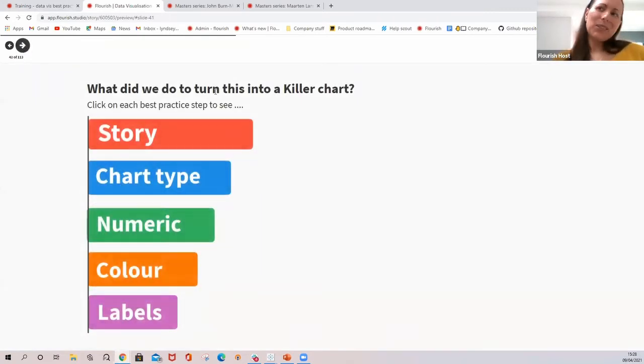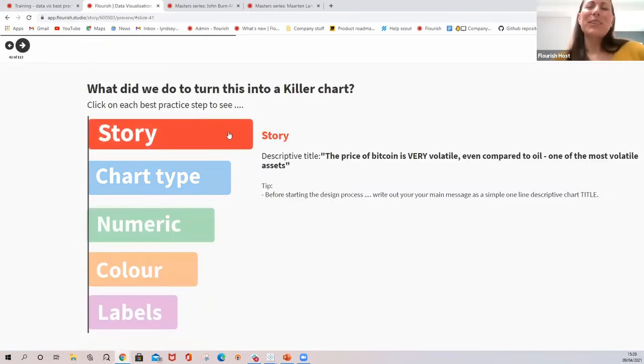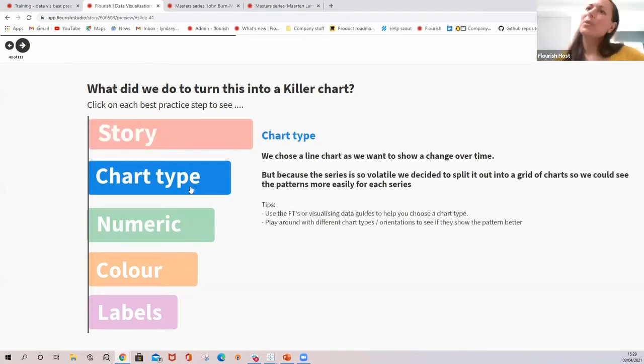So yes, just a quick summary. You can look through these after, but again, always summarize your story in a short, sharp title so you know what you're designing to. Chart type: we used a line chart, but we decided to split them out this time into a grid of charts so we could make it easier to see the patterns for each